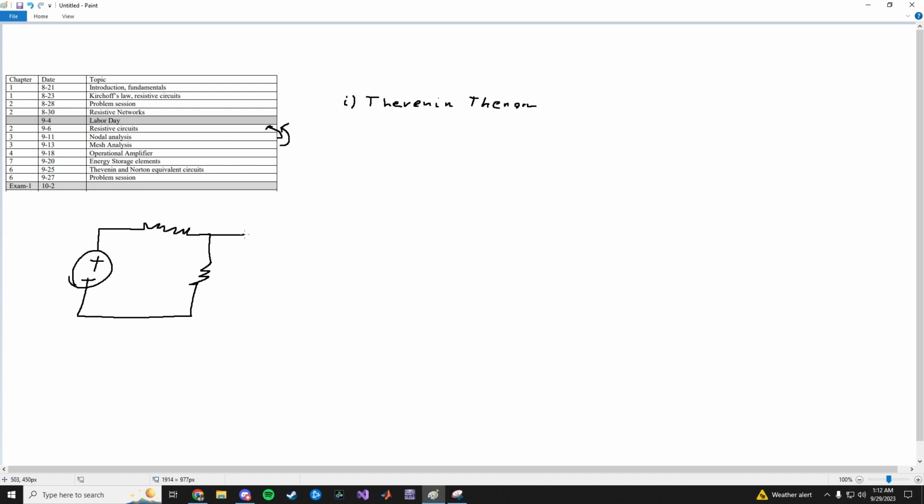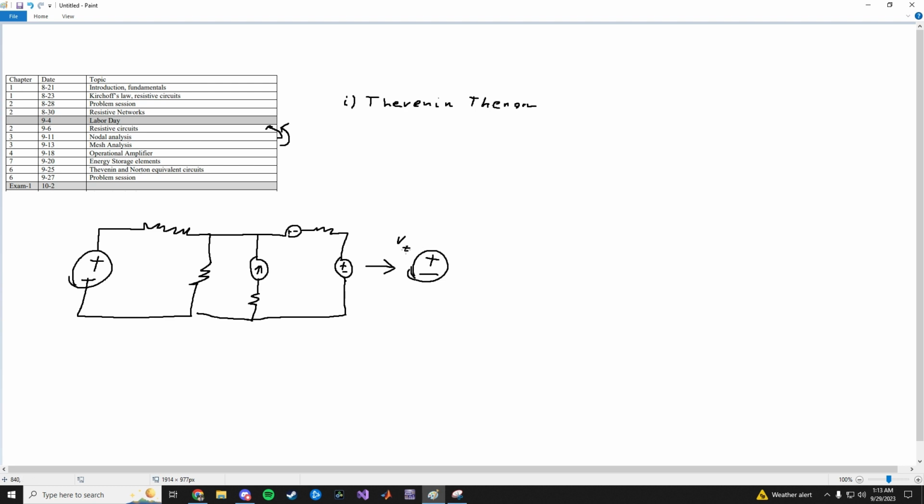I'm just going to draw some random looking circuit like this. Any circuit like this containing only independent sources and resistors can be reduced to this very simple circuit,